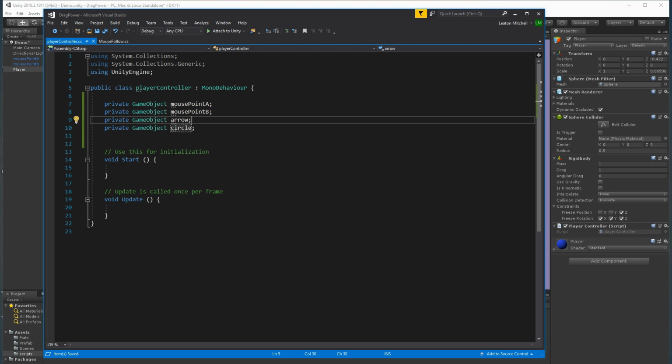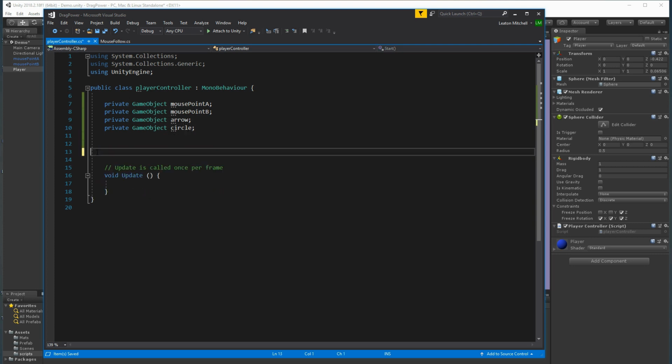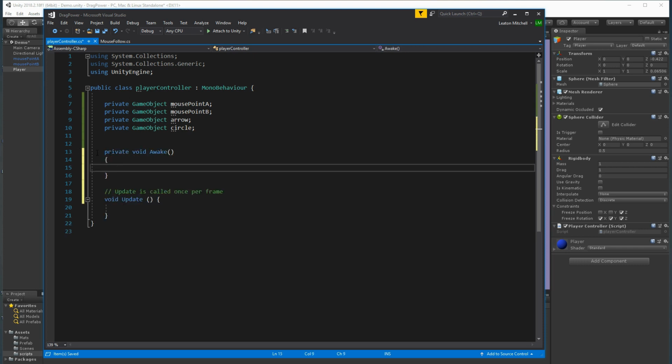Not sure if I need a Start for now, but I will need an Awake. I don't think I need a Start, to be honest with you, so I might come back to it. If I need it, I'll create it again. I will need an Awake, and in the Awake, this is where we hook stuff up. So my mouse point